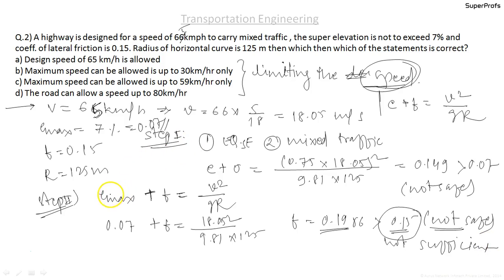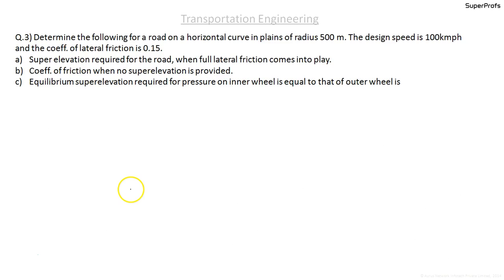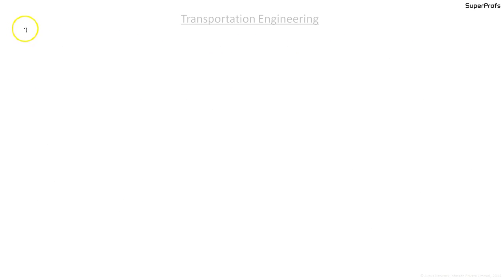So in step 2, you should keep in mind that there are two considerations: you consider Emax and you consider the full design speed, and check whether the available friction is sufficient or not. Full design speed is considered since we want to check for the critical case. Emax and full design speed are the critical cases. So now we go to step number 3. Step 3 limits the velocity, limits the permissible speed.